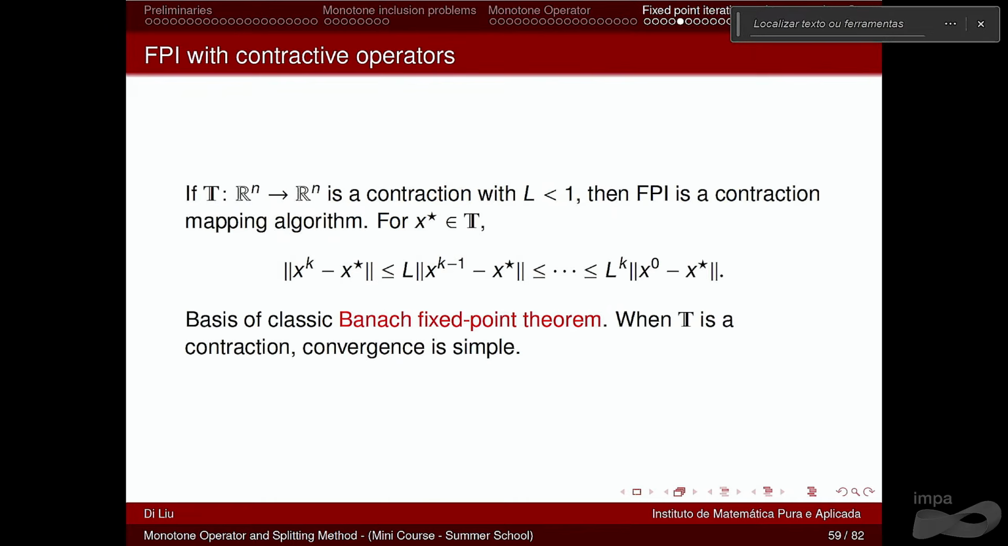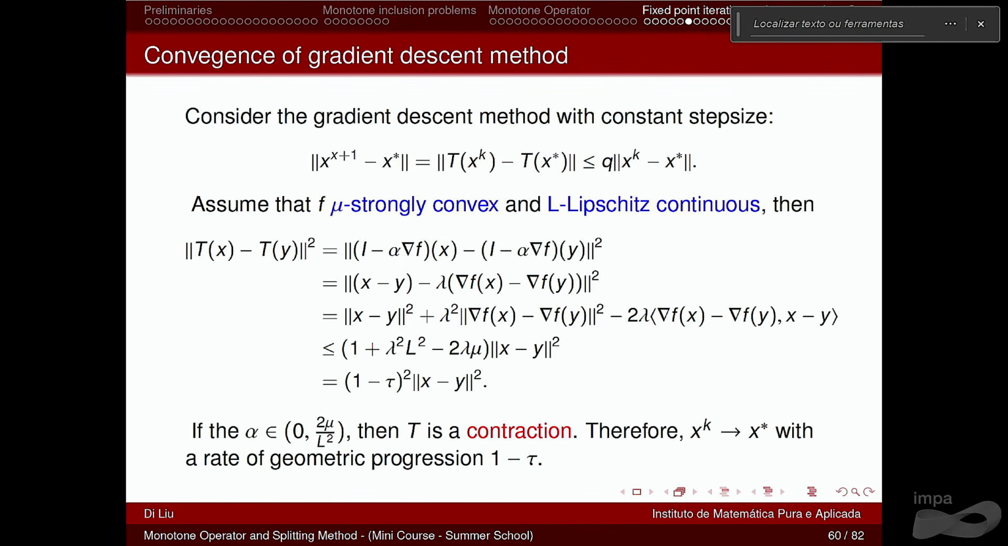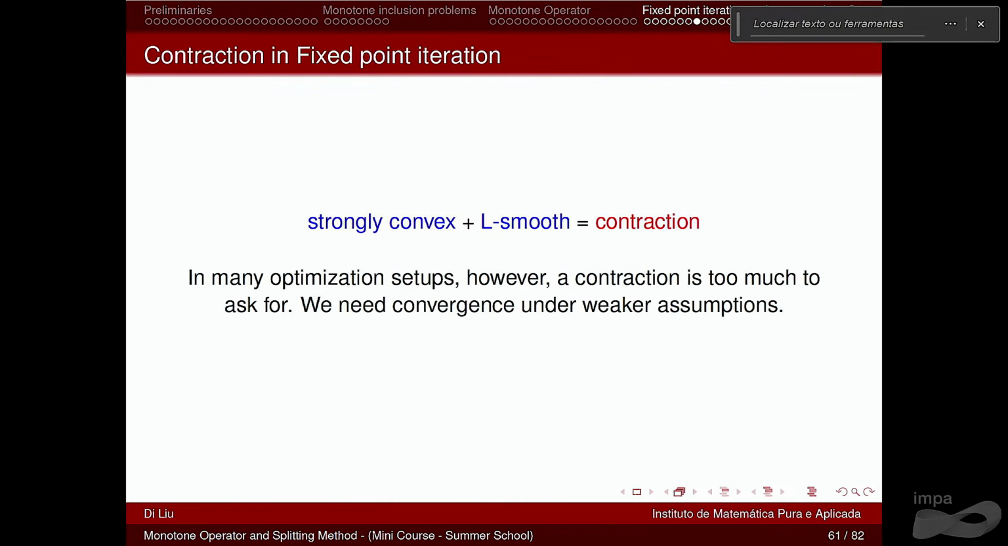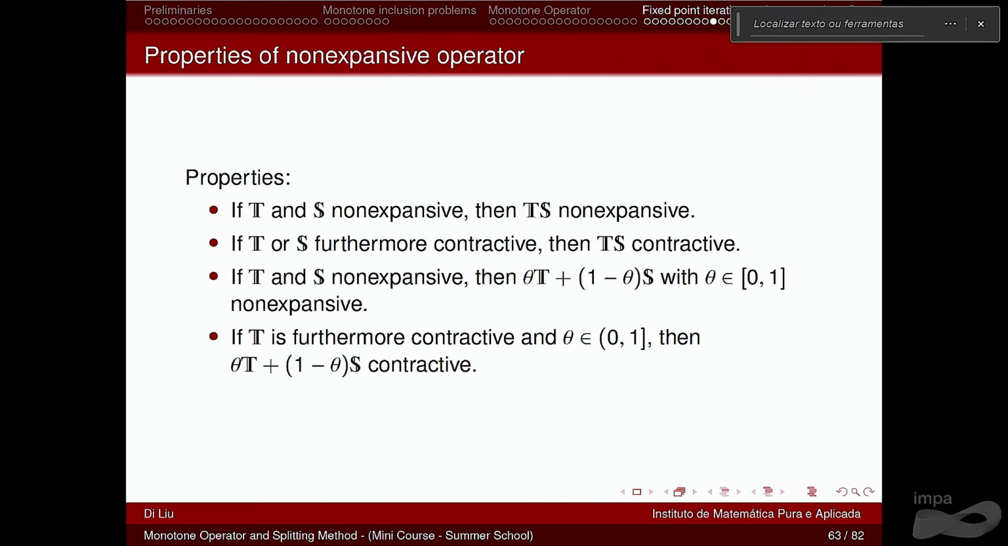Yeah, in this slide, we analyze the convergence of the gradient descent method, but with respect to the contraction, okay? If we want this T, the operator identity minus alpha gradient of f, to be a contraction, we do not only need that f is L-smooth. We also need f to be strongly convex, okay? But with Theorem 1